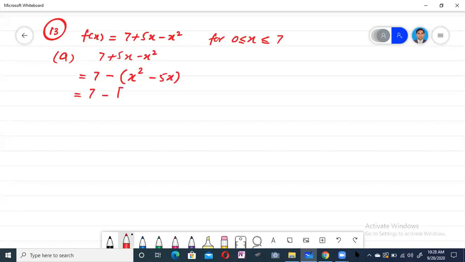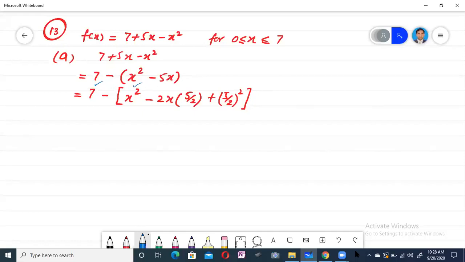7 minus, inside the bracket a square is x square, minus 2 into a is x, b, what we will take? B, we will take here 5 by 2 because 2 cancels with 2, here will be 5x. Then b square will be 5 by 2 whole square. Okay, now here you can see this 7 as it is, minus as it is, this x square as it is,